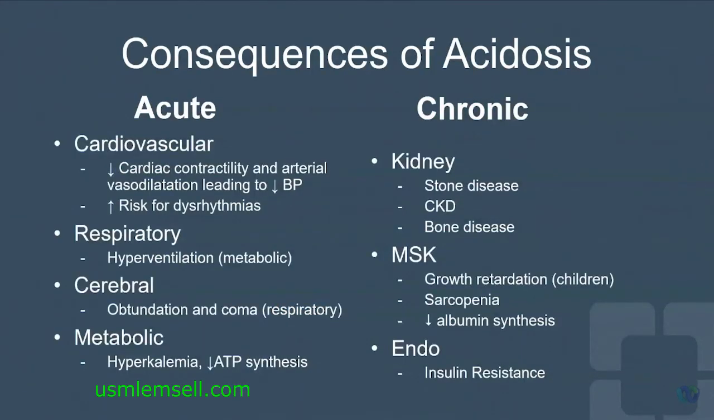So why do we care about acidosis? Well, because there are both acute and chronic consequences to it. There are consequences to the cardiovascular system. You can have a decrease in cardiac contractility and arterial vasodilatation. It's going to lead to hypertension. You have increased risk for dysrhythmias. There's an effect on the respiratory system. When you have metabolic acidosis, you're going to have hyperventilation. There's an effect on your CNS. When you have profound respiratory acidosis, you're going to have